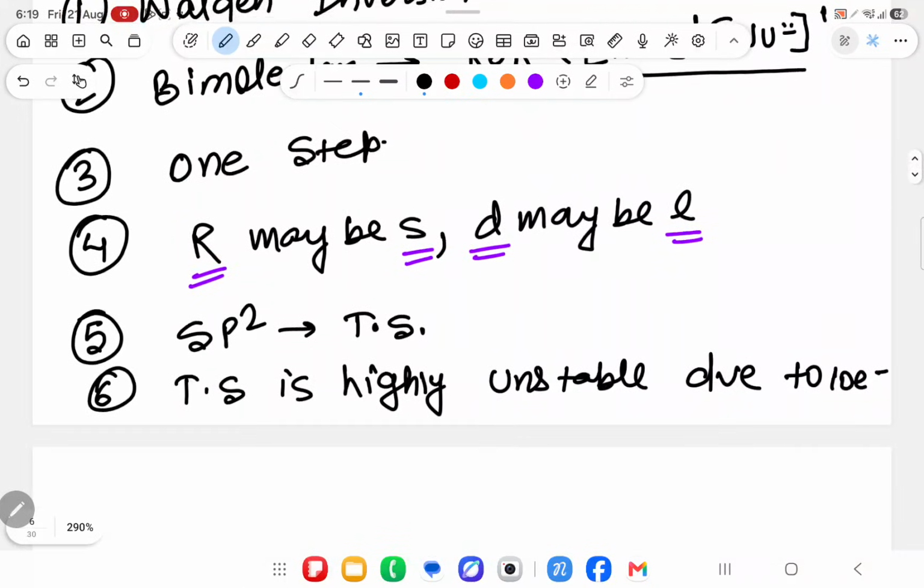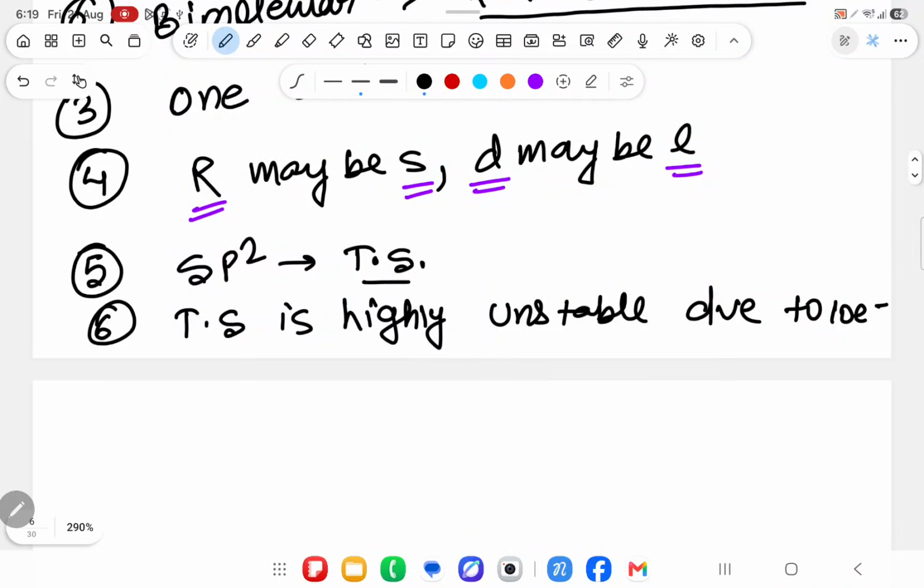R may be S, D may be L, or R may be R, not converted also. sp2 is the transition state. The transition state is highly unstable due to 10 electrons. And the seventh important point, that is a very, very important point: electron withdrawing group will